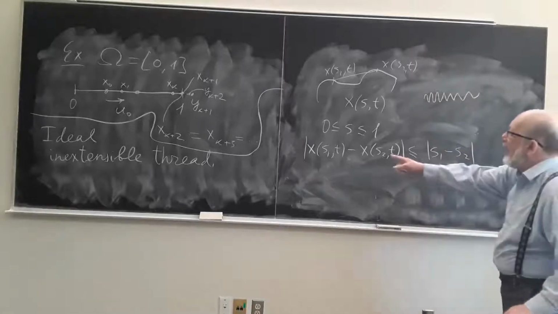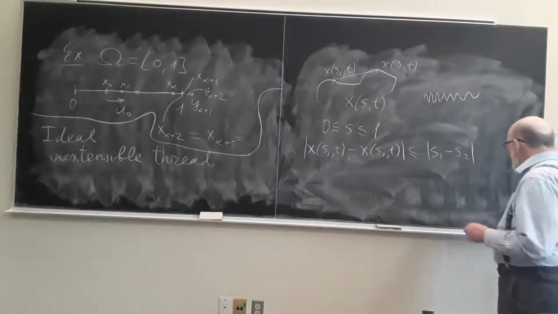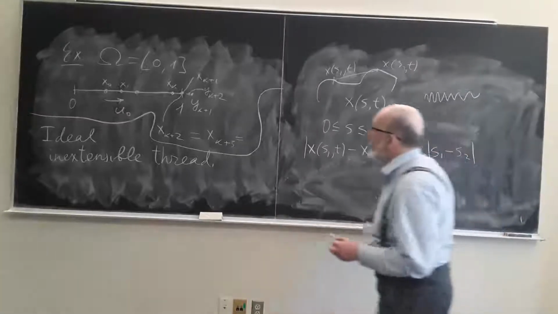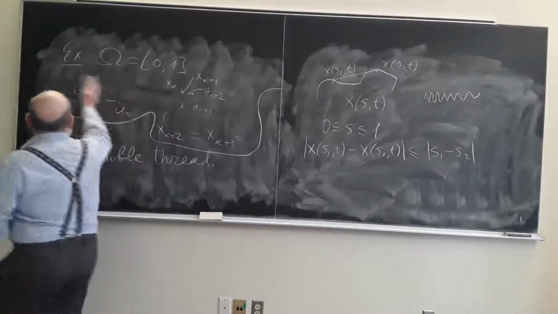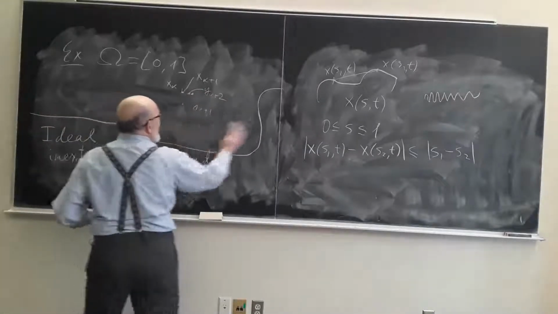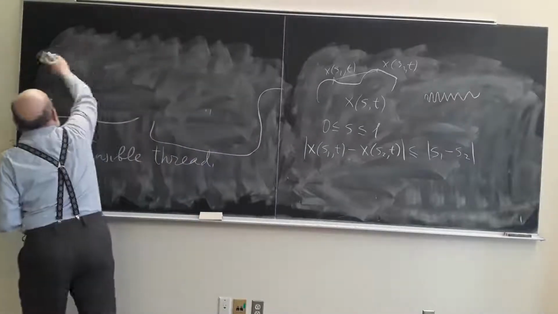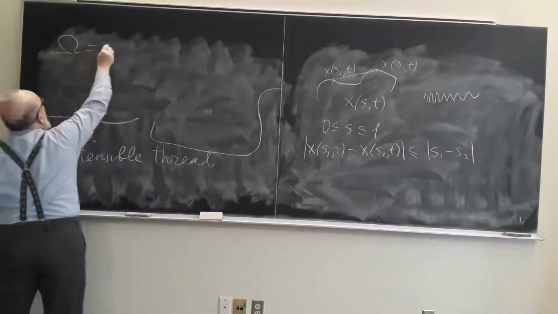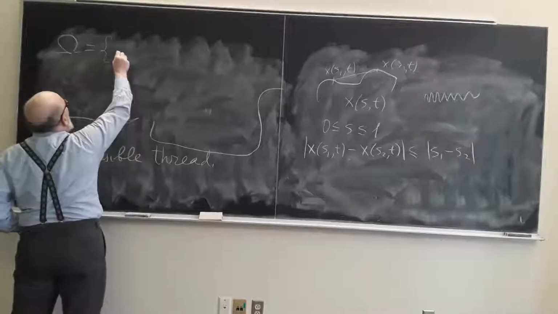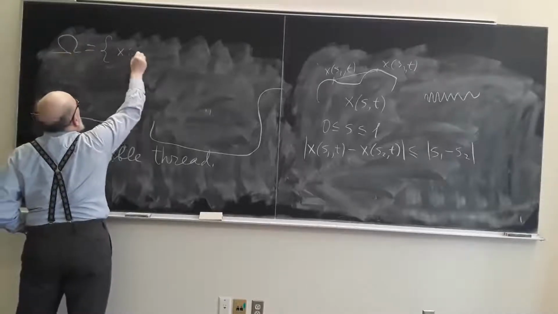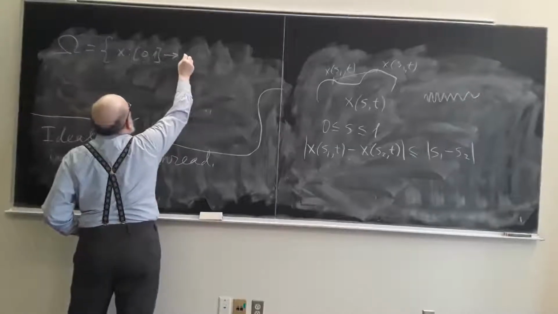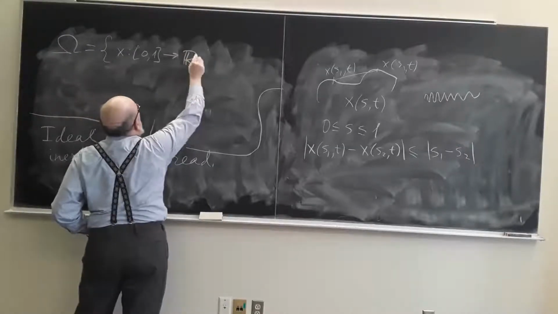Okay, but now how to formulate what our set omega is? It is the set of x from [0,1] to our space, say R^nu,